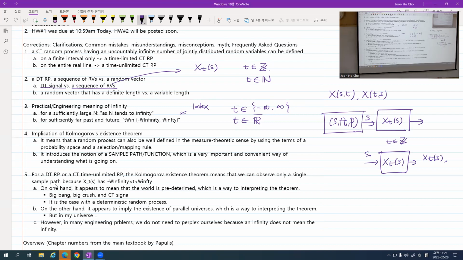X sub t of S0, where t is an integer, means that actually how many x's do you have? Countably infinite, because you have t in the set of integers. x1, x2, x3 given S0, and x-1, x-2, dot dot dot, up to any number, right? If you have